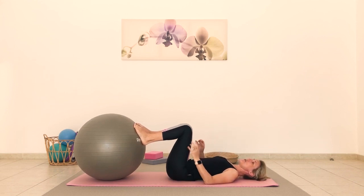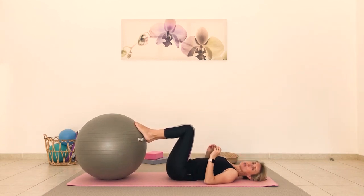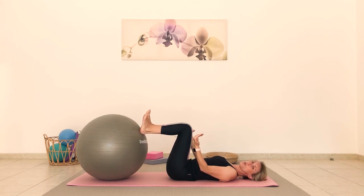Okay, these next 2 get a little bit more difficult because your ankle position is now going to stay consistent all the way through. So we're gonna start with the easier of the 2. You're gonna have your heels and you're gonna keep yourself in that dorsiflexion of the ankle the whole way through. So the heels stay digging in and the feet stay pulled towards you